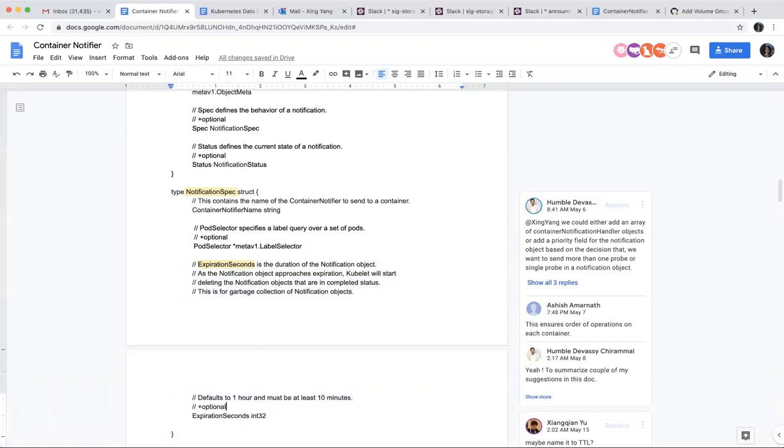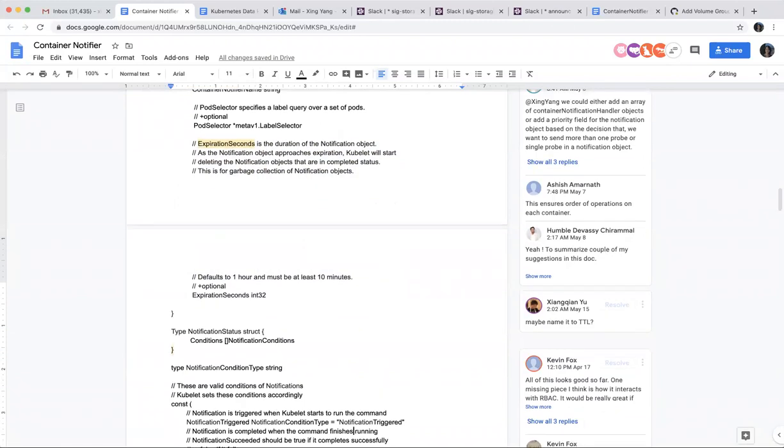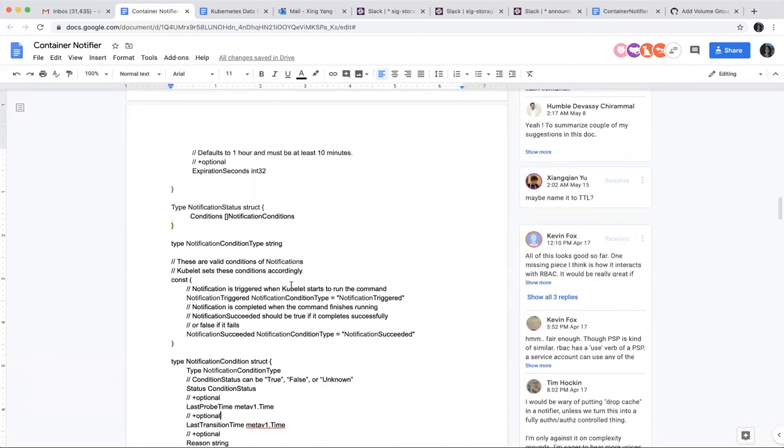And then there is also the status of this notification. An external controller, like the snapshot controller, sends this request out, and the Kubelet gets this request. It finds this container notifier, starts to run the command, and at that point it will set the notification triggered condition type.